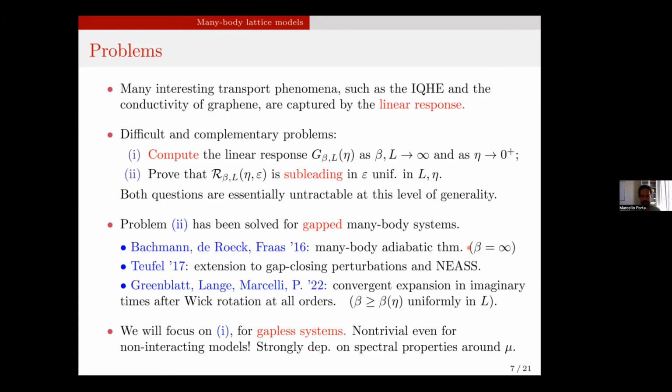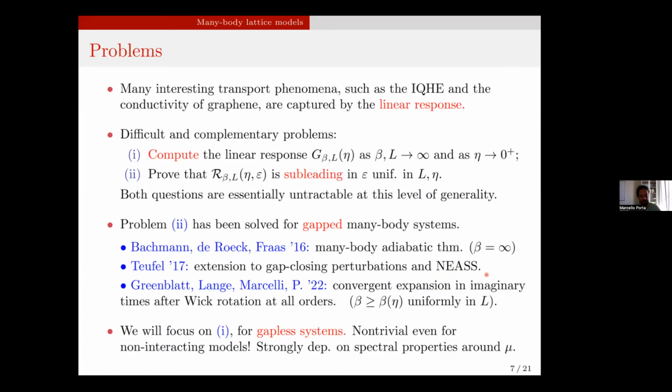The other result I'm mentioning is this work of Stefan Teufel, which is about an extension of this approach to the setting in which the spectral gap might be closed in time by the perturbation. So this also allows for a suitable class of large perturbations, and the linear response holds as a corollary of the construction of these non-equilibrium almost steady states.